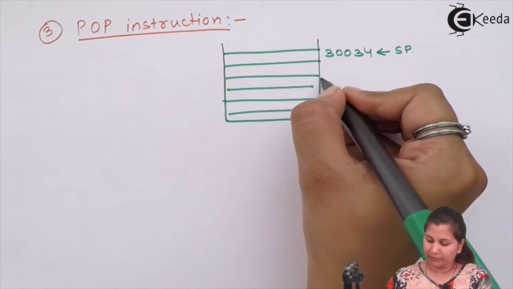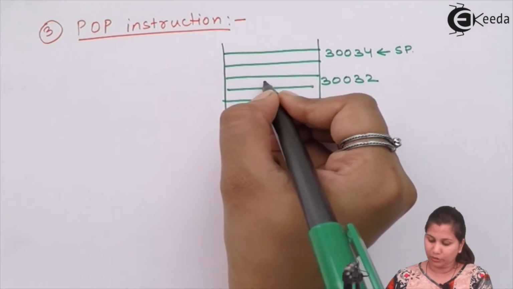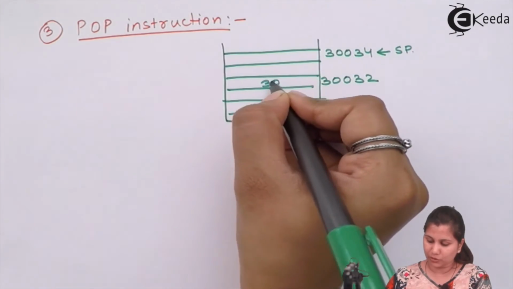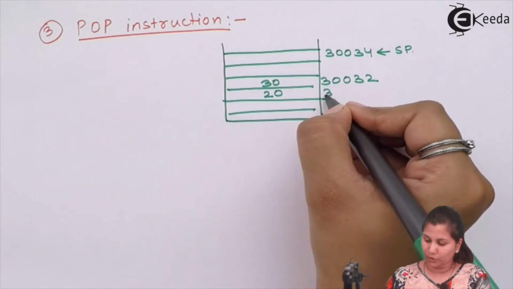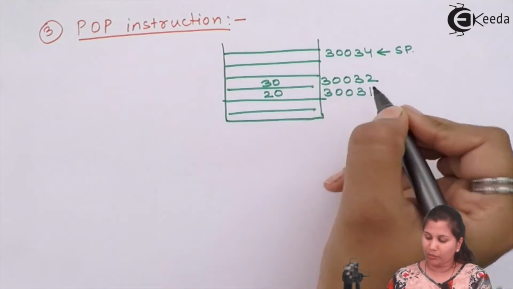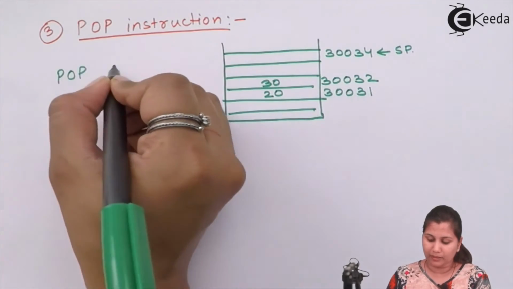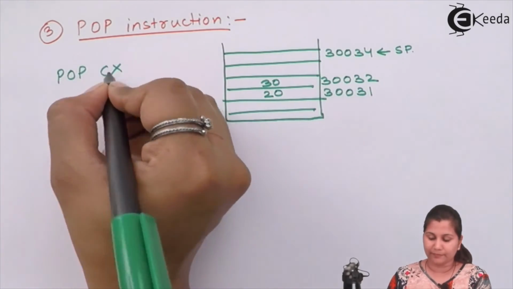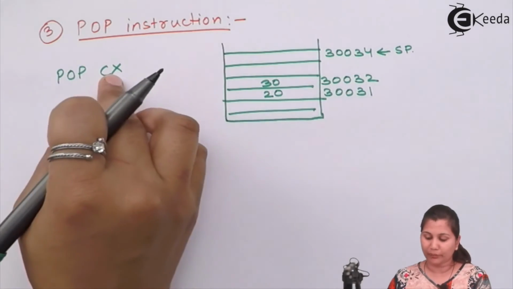Then the stack is decremented to the memory location 32. Here the lower order address 30 is stored, and here the higher order address 20 is stored. Now if we want to get this data, we will write here POP CX. It means we are going to pop the contents of the stack and store it in